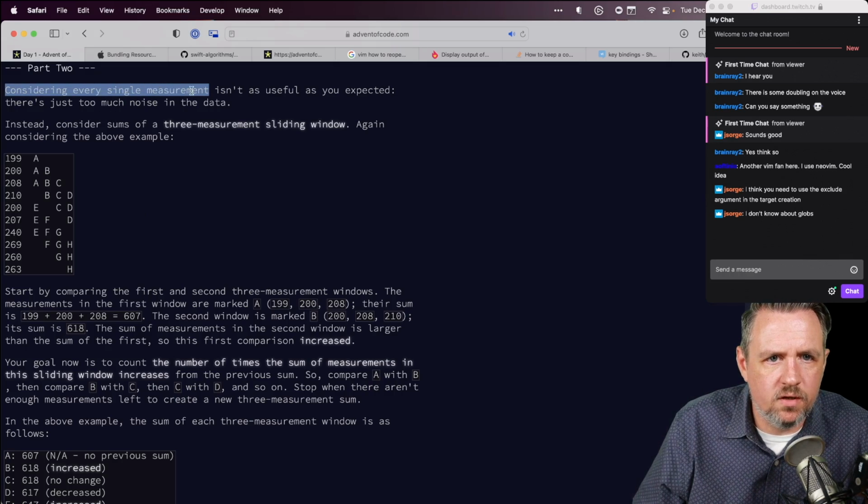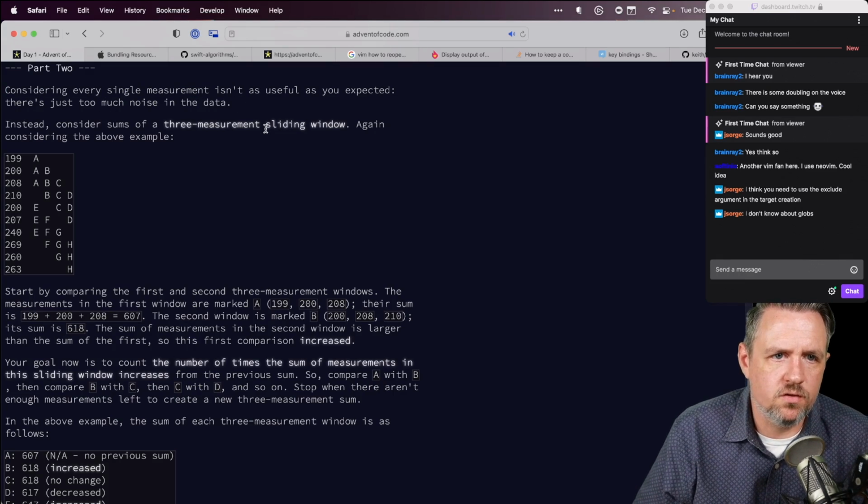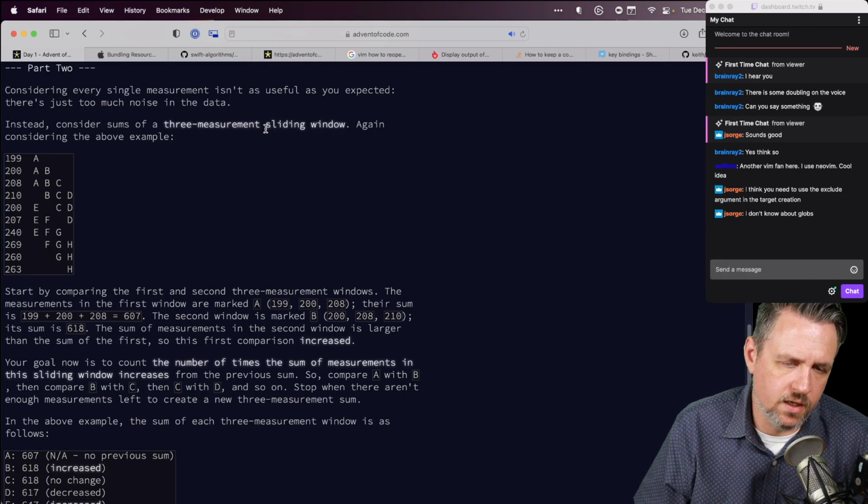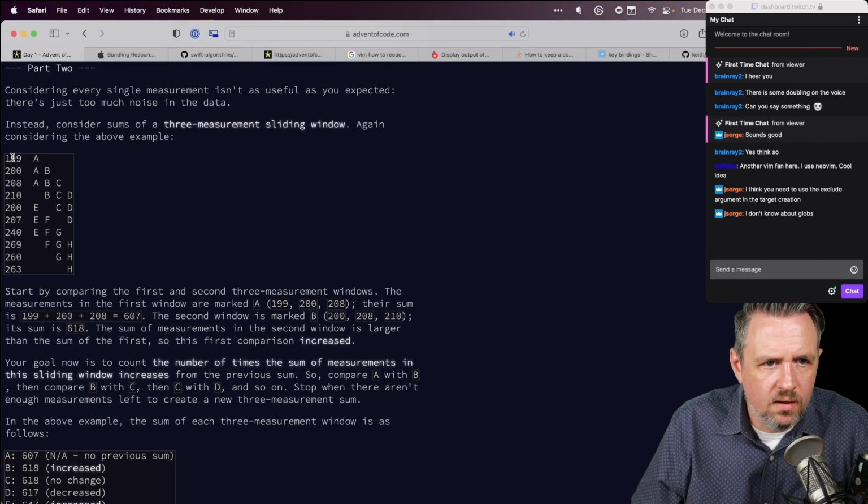So considering every single measurement isn't as useful as you expect. There's just too much noise in the data. Instead, consider sums of a 3 measurement sliding window. Again, considering the above example. So 199 is the first reading. It gets put in bucket A. 200 is put in bucket A, and so does 208. So these 3 together